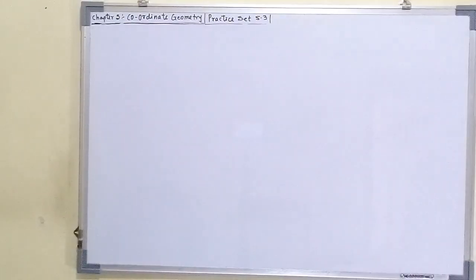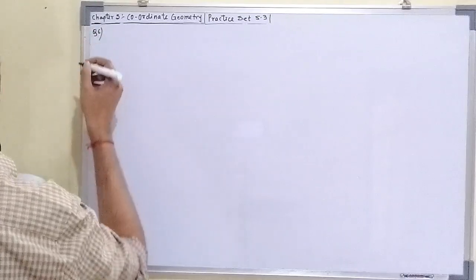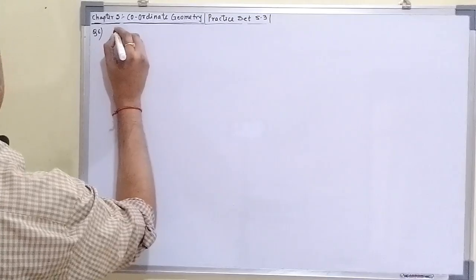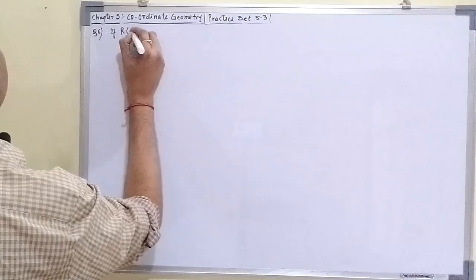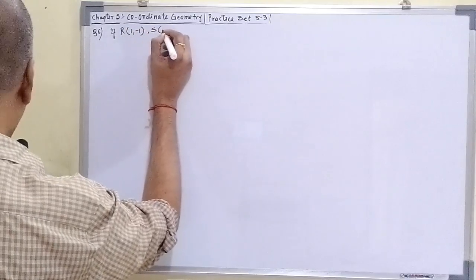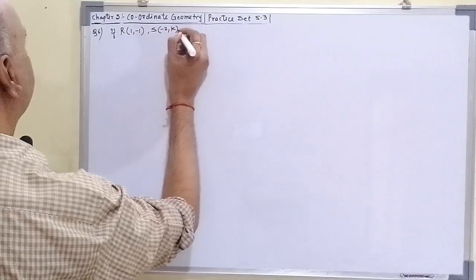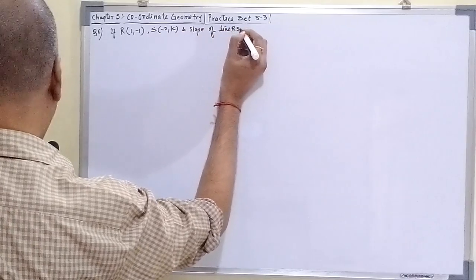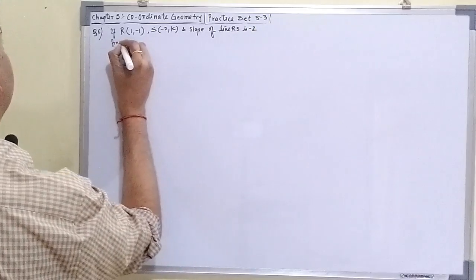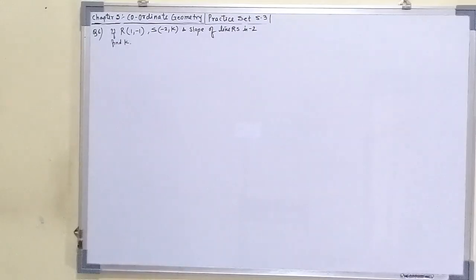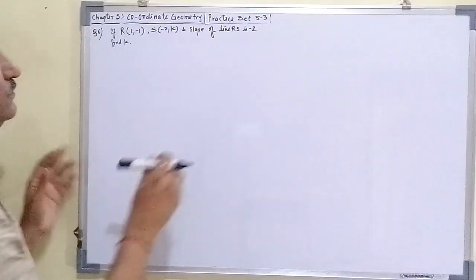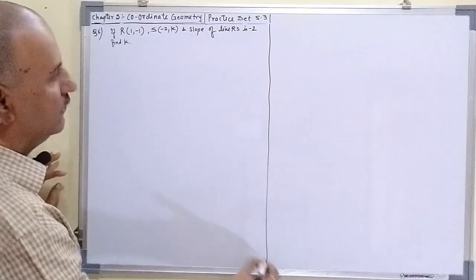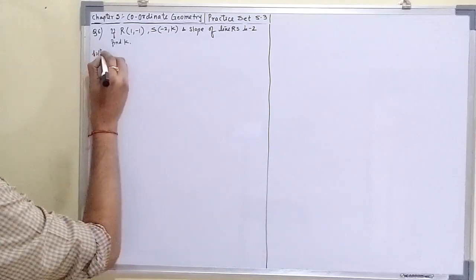Question number 6, we'll read the question. Find K if R is (1, -1) and S is (-2, K) and slope of line RS is minus 2. Find K. Let us start. Solution. Suppose